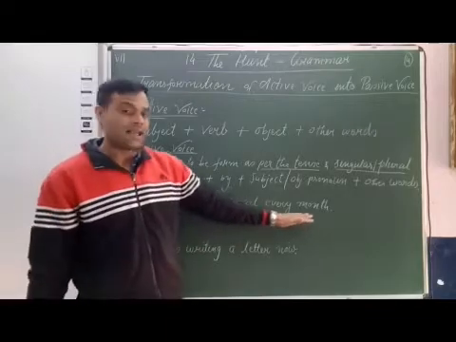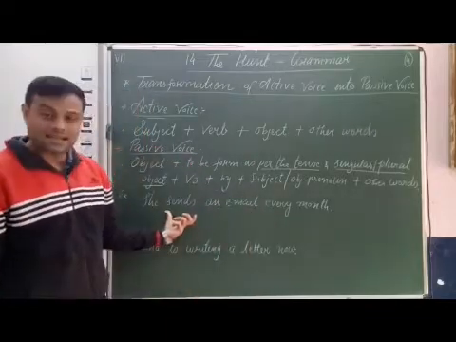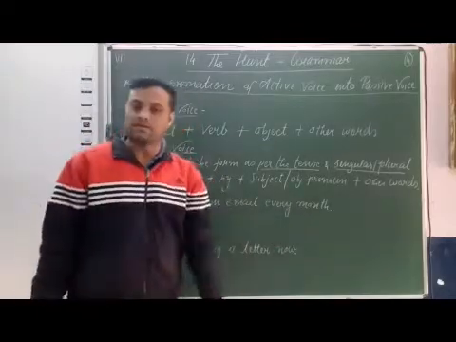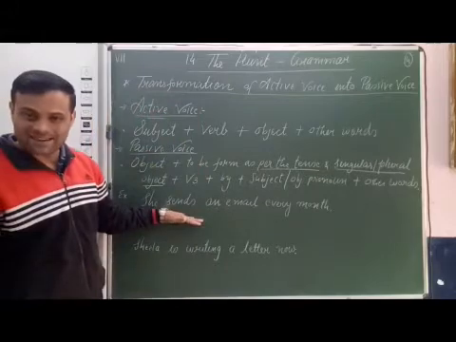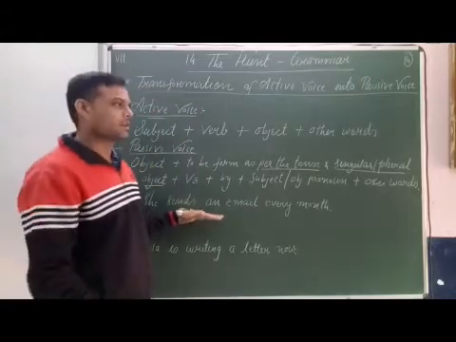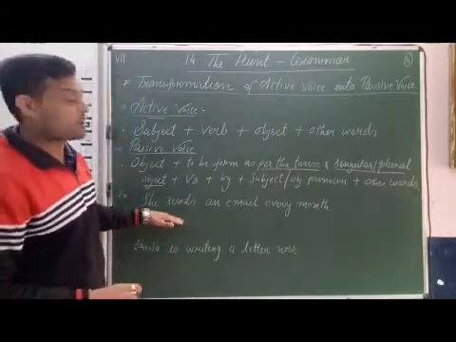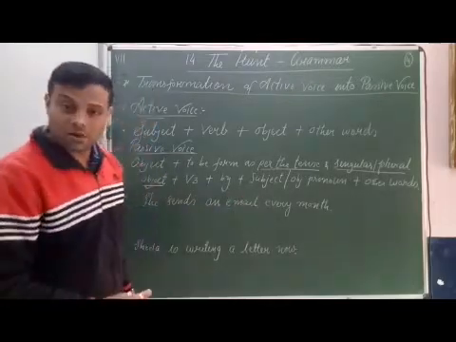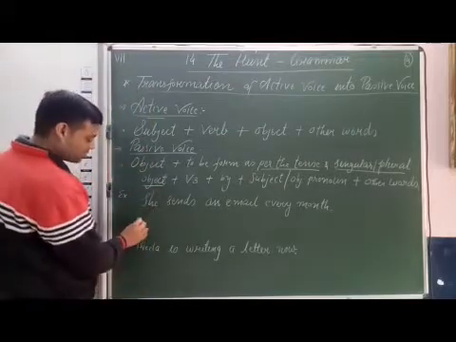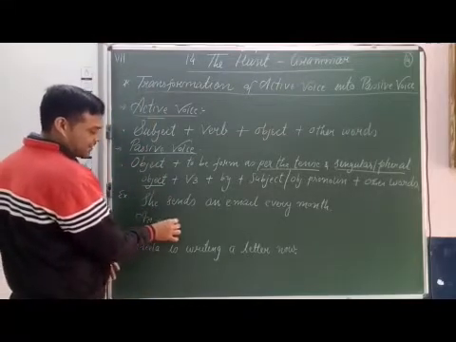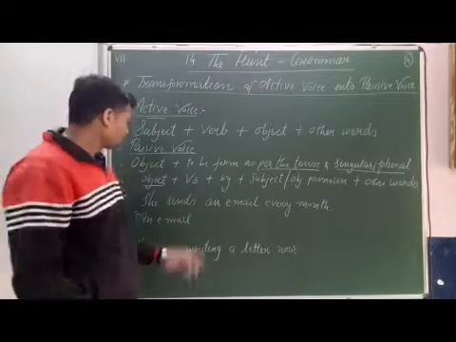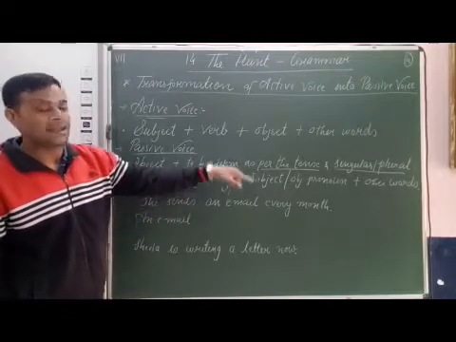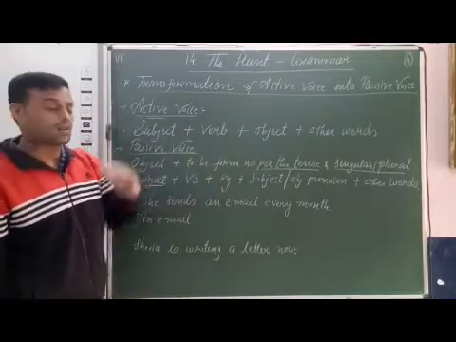She sends an email every month. Here the sentence is in active voice. Subject, verb, object, other words. So the sentence is in active voice. No to be form, no with. Now when we transform it into passive voice, we follow the sentence structure. So she sends an email every month. What is the object in the sentence? An email. So an email, that is at the beginning. So an email, object we have written. Then second, that to be form as per the tense and a singular or plural object.